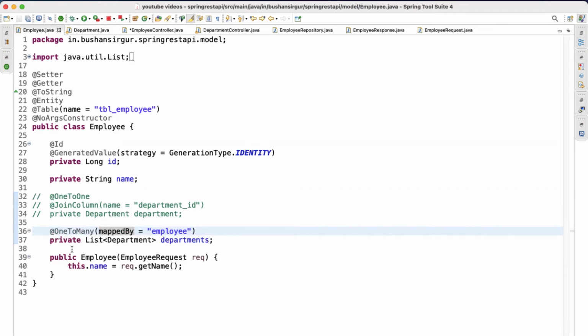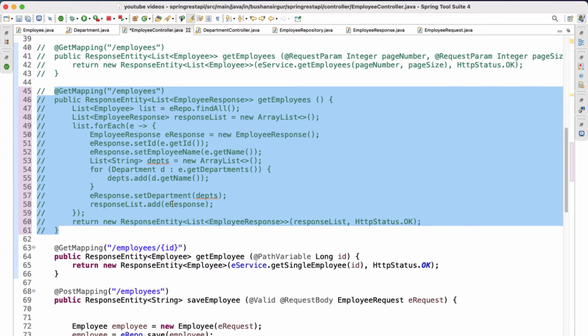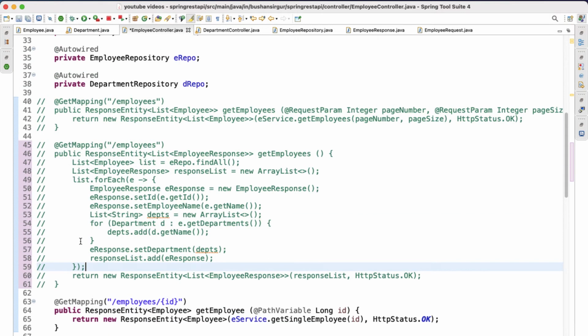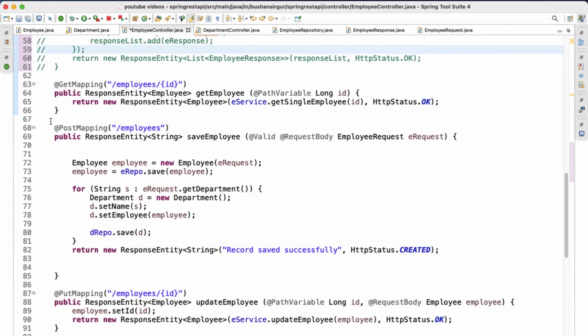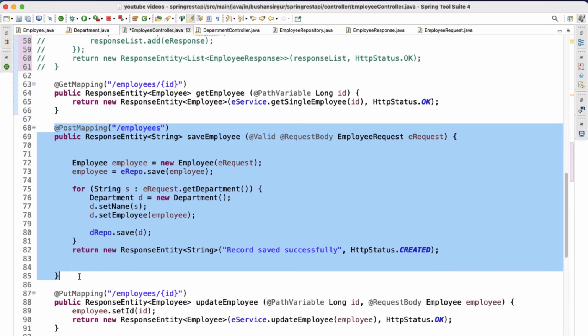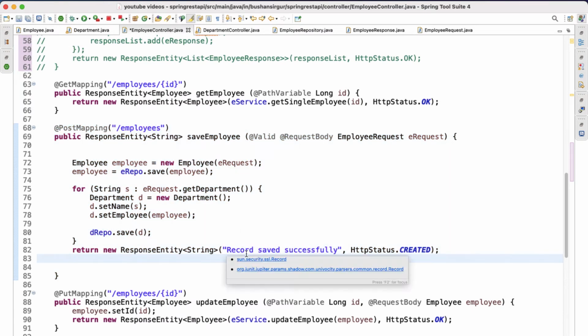Once we have set up this one-to-many and many-to-one inside these two entities, we are going to make a few changes inside our controller. First of all, our post mapping will remain the same, and this will return the string. Once we store the record into the database, we will get the message record saved successfully.